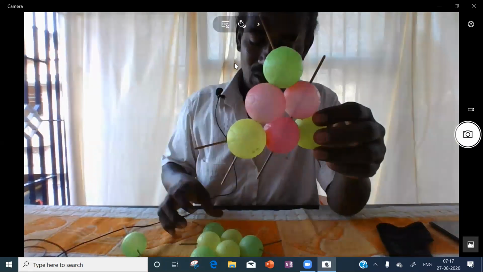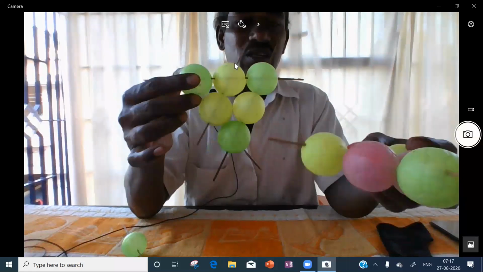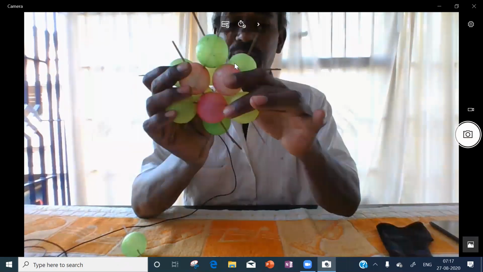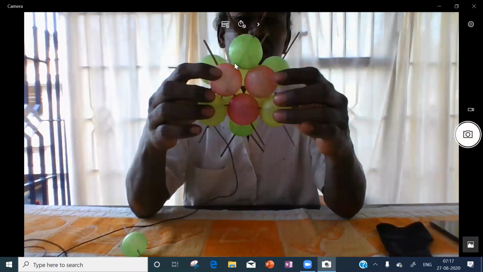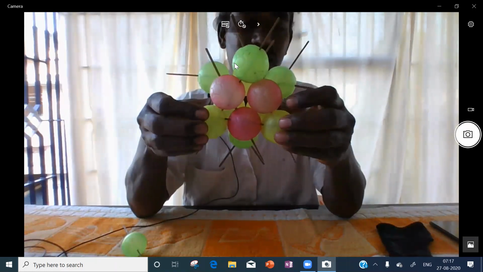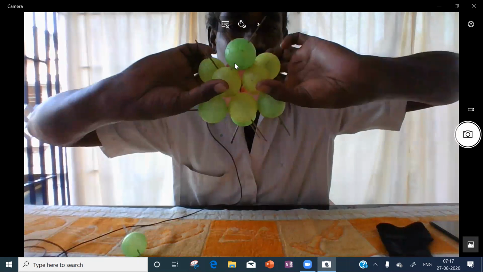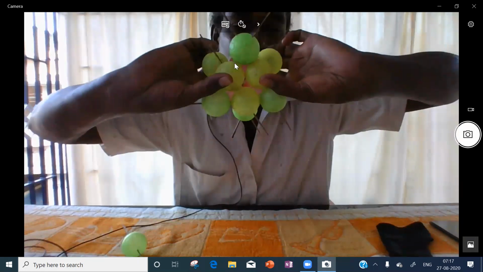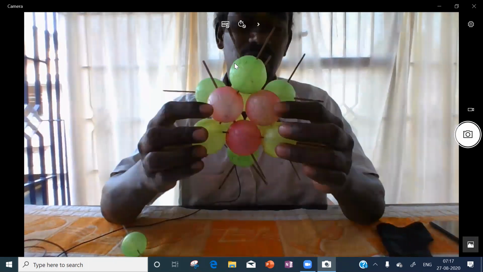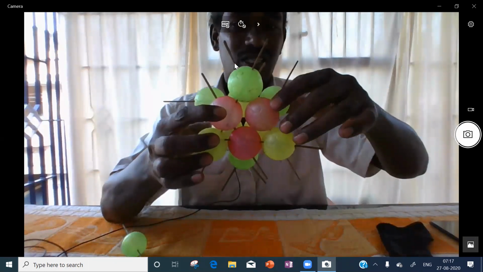Now you see, this is the second layer. It is one layer we'll take. Now we'll keep the layers like this. If we keep the 2 layers like this, now you see 3 pink color balls in front of you. Now you see 3 yellowish green, the face centers triangle. 3 pink color balls, face centers triangle.